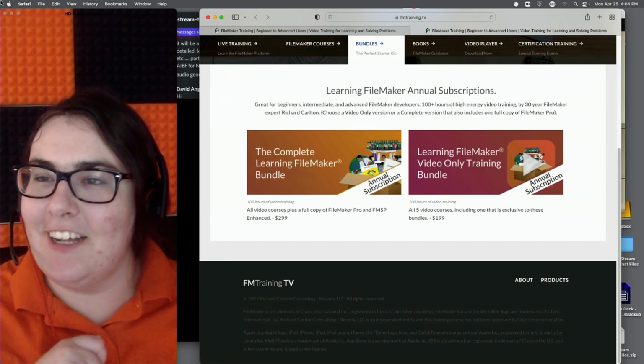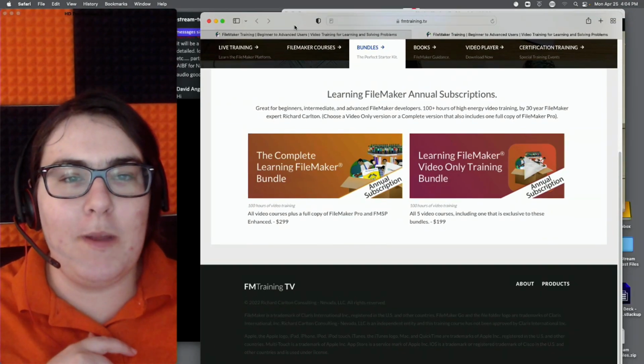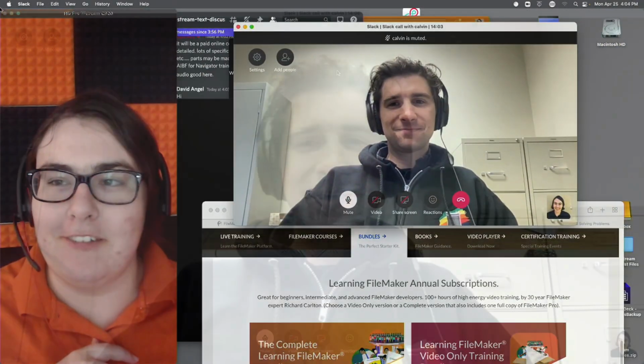Okay, cool. Now that we've done all the wonderful introductions, what are we doing today, Calvin? So today we're looking at performing finds in FileMaker without requiring the user to go into find mode. Saying without find mode is a little deceptive, because in the script we're going to use, we will go into find mode. But sometimes users have a need to perform a find or a search that is beyond their skill set of entering find mode and putting in a request to find this, putting in another request